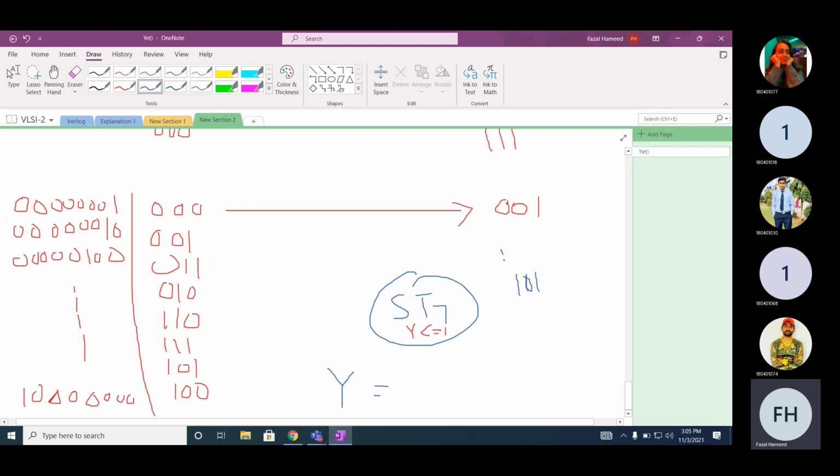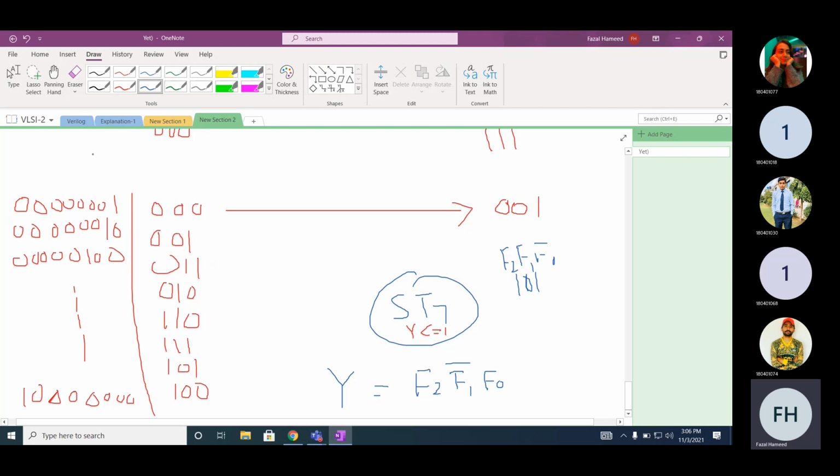How many flip-flops will be there? 3: F2, F1, and F0. What will be the coding for Y? F2, F1 bar, and F0. So how many AND gates will be required? One AND gate, one inverter and one 3-input AND gate.